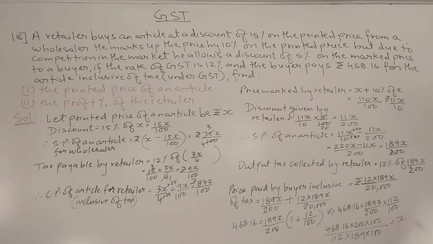So these and these are cancelled. Now 112 and 200. Now let us calculate all these things. Oh, it is a very long calculation. So 46816 and 189 would be exactly divisible, or these two are divisible by 8 also. 8 ones are 8. Yes, let us do so. 8 ones are 8, 8 threes are 24... okay, it is not divisible. So let us calculate by 4. 4 twos are 8. 4 eights are 32.